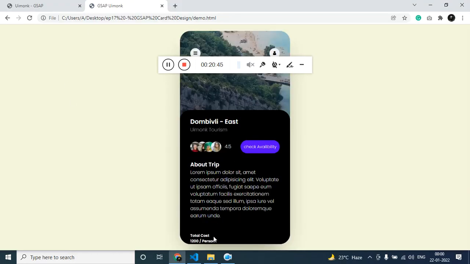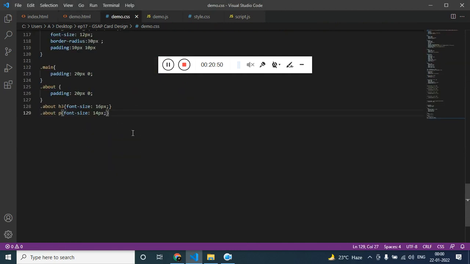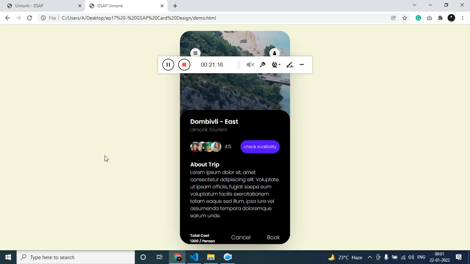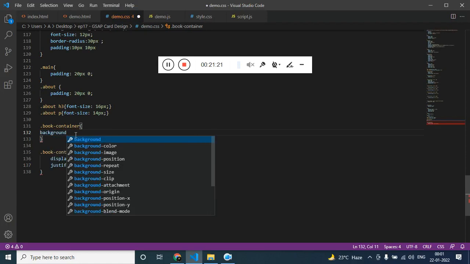Refresh it. Now get the book container. Inside the book container we have book container 2, display flex, cool, justify content space between, and we can give background as red